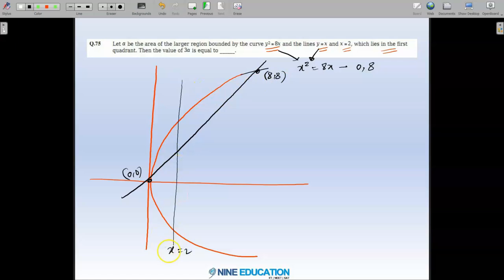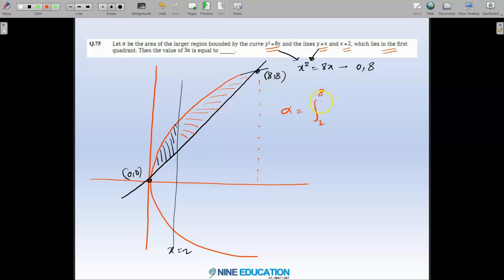So you can see there are two different areas. One is this small area, and then the other one is the larger area enclosed between the line and parabola, this one. So alpha is the area of this larger region bounded by the curve and the line y equal to x and x equal to 2, and it is also lying in the first quadrant. So conditions are satisfied. So what we need to do now, to find out this larger area, we can say integration from 2 to 8,